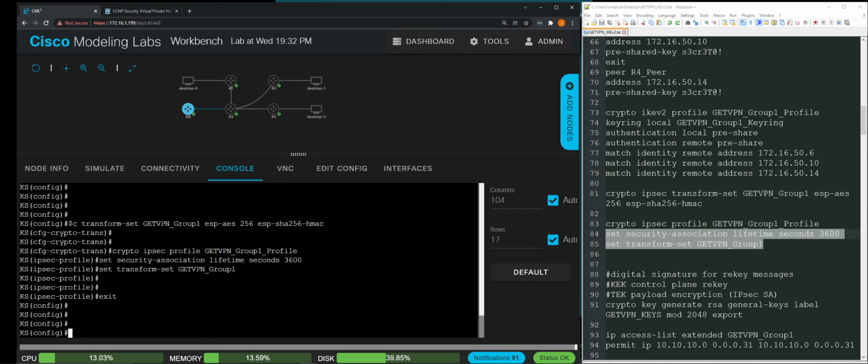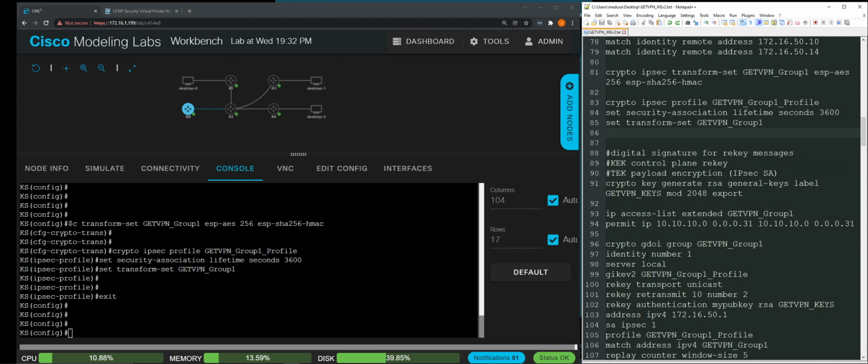And now, since we're on the key server here, we need to generate an RSA key pair to digitally sign the rekey messages that are going to come from the key server to the different VPN peers in this group. And that rekey process, in being able to both digitally sign and encrypt it,